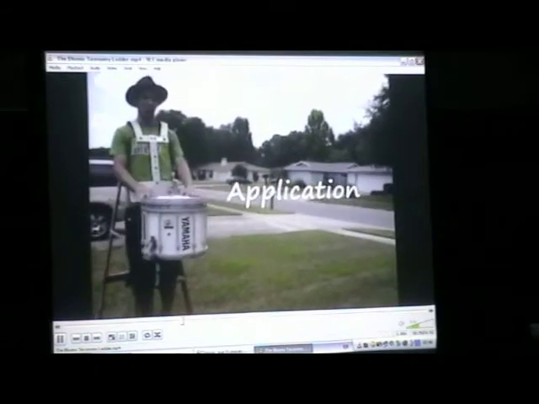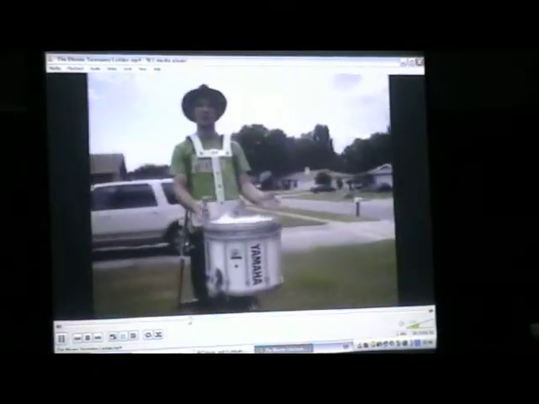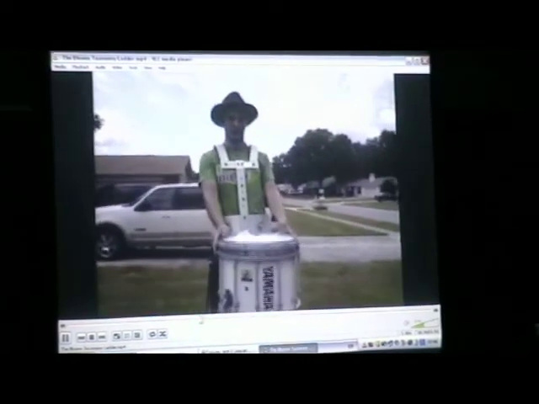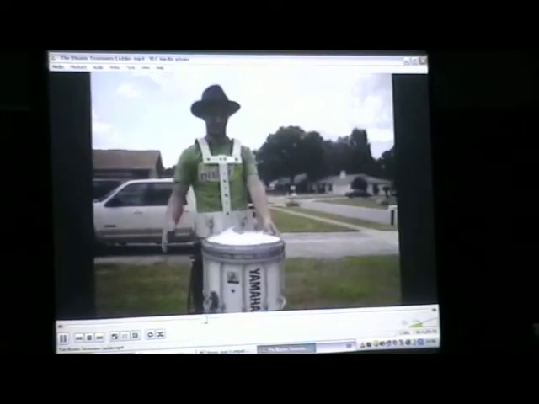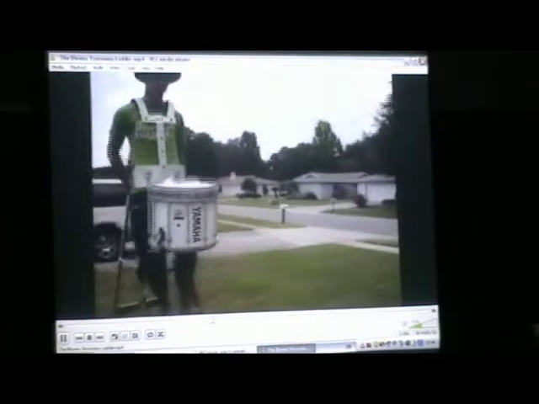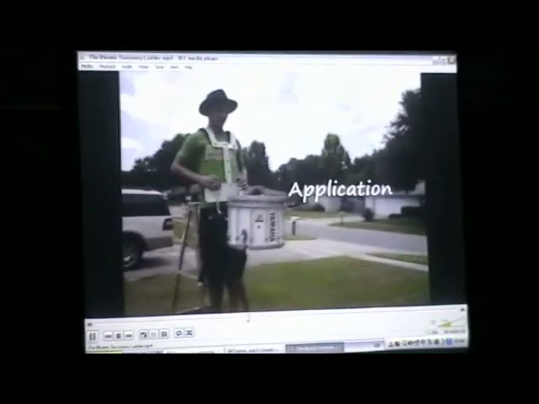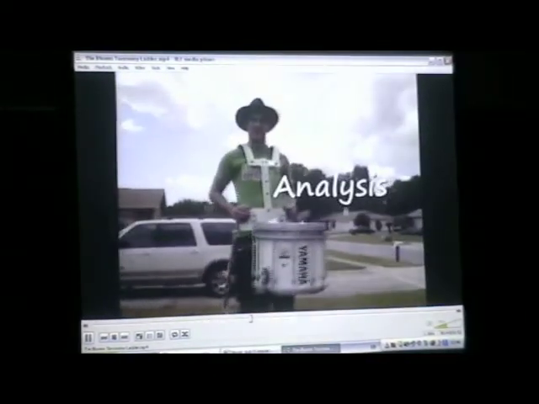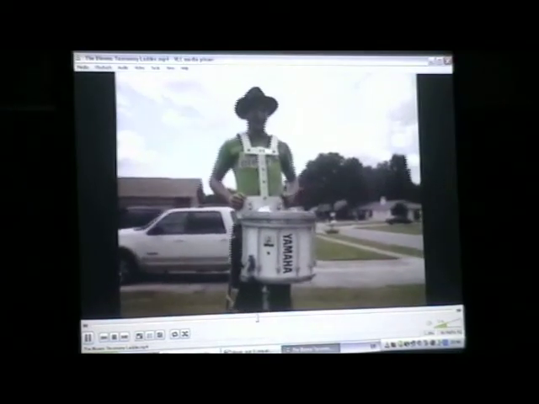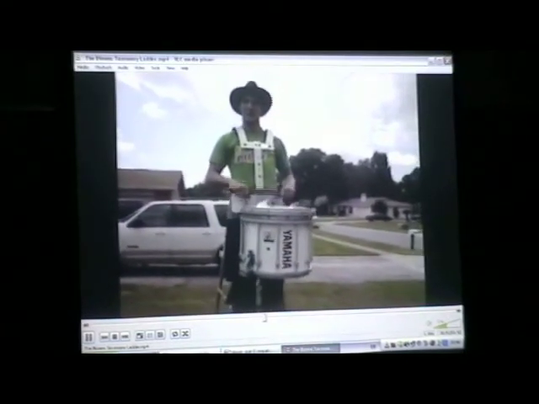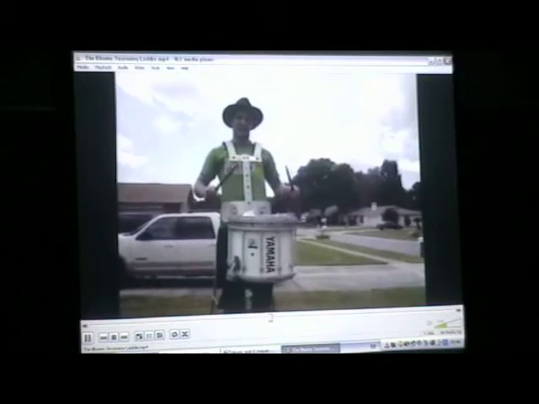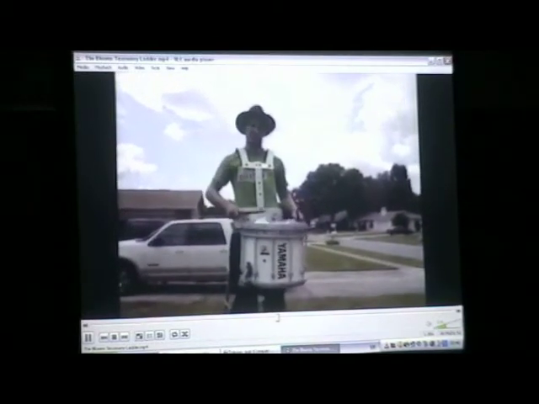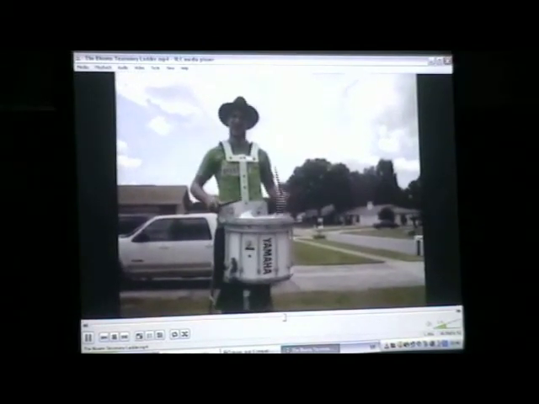The next of these levels is application. This refers to what you do with the object, or its demonstration or practice. Well, you make music with a drum. The next of these levels is application. I mean analysis. This refers to the actual way in which you do what you do with the object. Well, using a drum, you hit it with sticks to make music, like so.